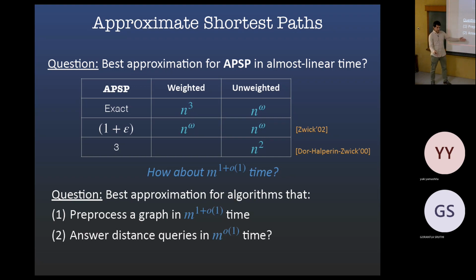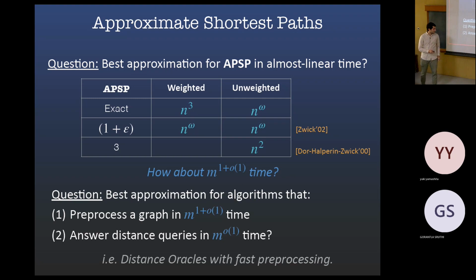Of course, you would like to do this exactly, right? But this is hard. You can already see this: if you could solve this problem exactly, take any graph, preprocess it in n squared time, then for every pair get the answer in polylog time, so that's n squared polylog in total, you would solve the exact APSP problem. So exact is hard, but what can you do approximately? This kind of thing is usually called a distance oracle. Have you heard of that? Here we're asking about the preprocessing time of a distance oracle.